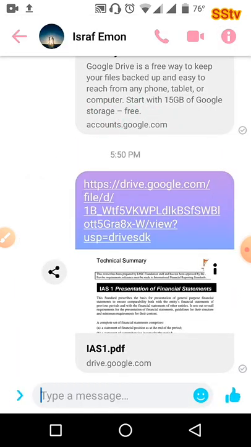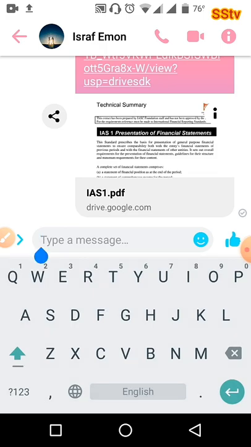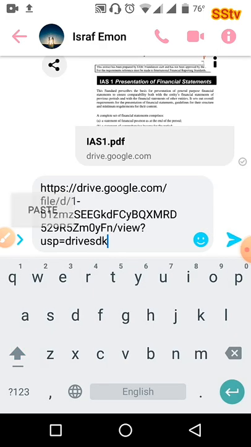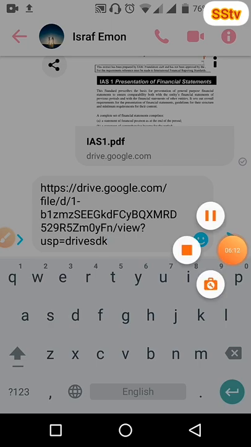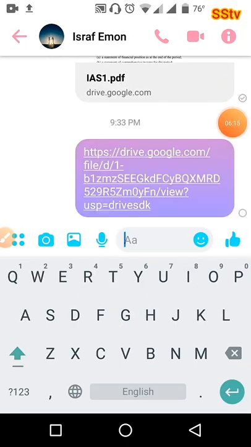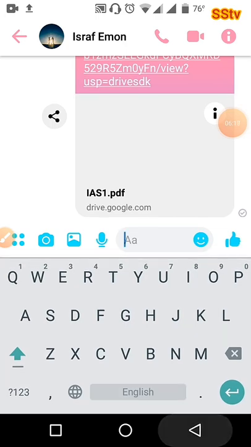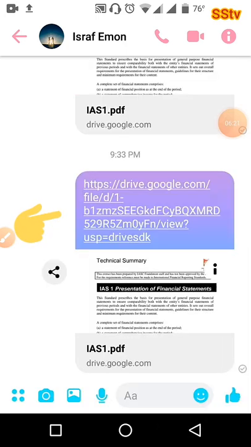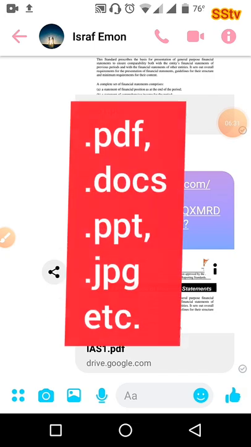Just paste the copied link and send it. Yes friends, you can see the file has been sent, and this is the ICT one PDF file. You can share any type of file like PDF, document, PowerPoint file,